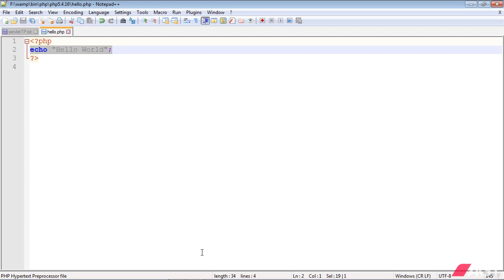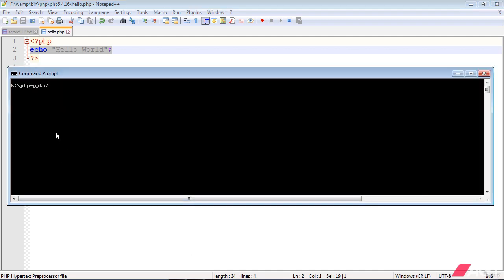Now you open the command prompt and go into the directory in which this file has been saved. This is the folder in which this hello.php is present. Before executing this script from the command line, you have to ensure that the folder in which php.exe, the PHP executable, is present must be in the path of your operating system. If it is already there, then all you have to do is execute this hello.php from the command line by saying php